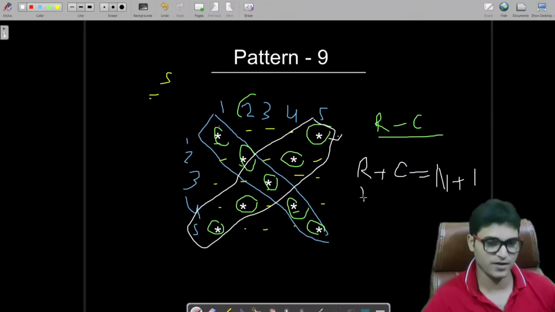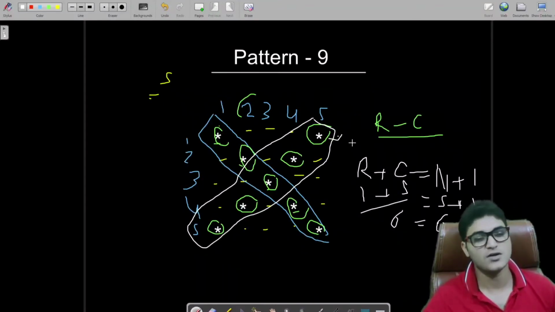So we are in first row plus fifth column. And what is the value of n? 5 plus 1. So this is 6 and this is 6. What we will do, if row plus column is equal to n plus 1, then also we will print a star.